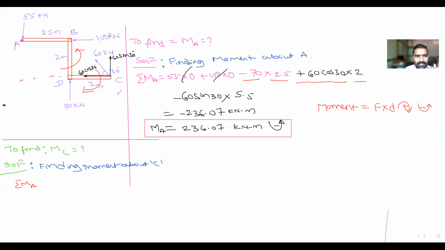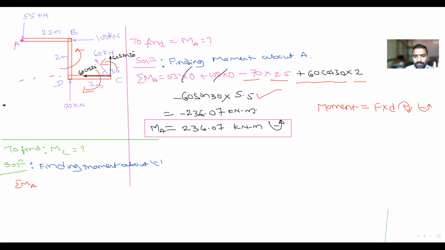Okay. Next, yes, sir. I will consider the vertical force. There are no other forces, only the vertical force is acting on the plate. When it is acting, is the entire body moving in the anti-clockwise or clockwise direction? Anti-clockwise. That's why I have written minus. How much is the force? 60 sine 30 into. The line of action of the force is vertical, so from A to B how much is it? 2.5. Next, B to C, that is 3 meter. Total it is 5.5 meter. That's why I have written 5.5 meter.